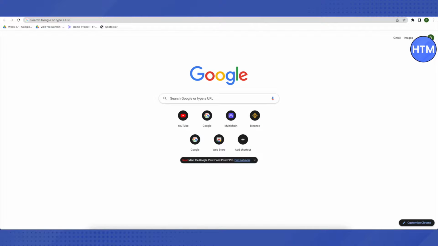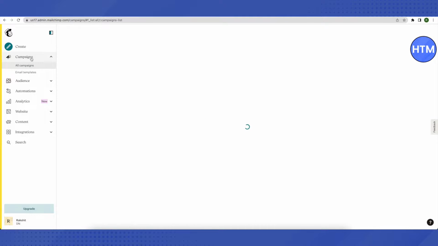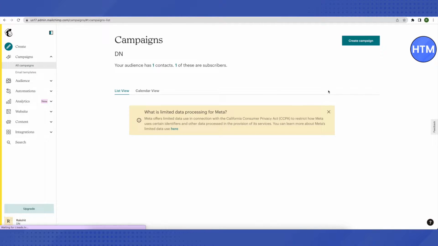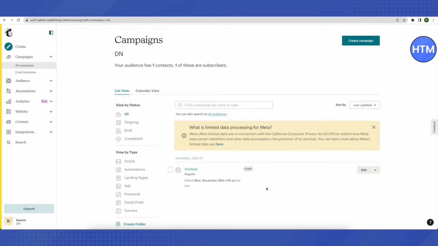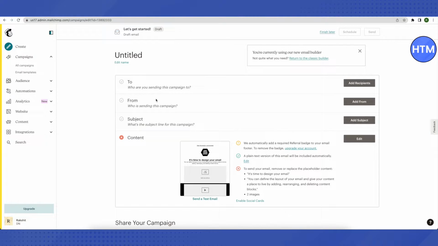So for that, open up your Mailchimp account, and after that you will see this option of campaigns here. Just click on it. You can either create a new campaign or select an already existing campaign. Just click on the edit option on the already existing campaign, and after that you need to make sure that